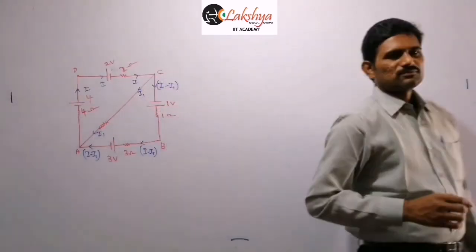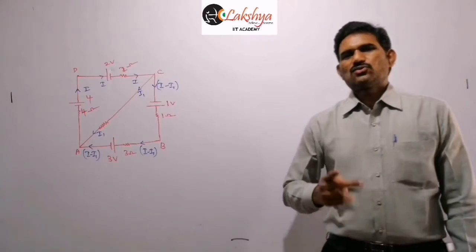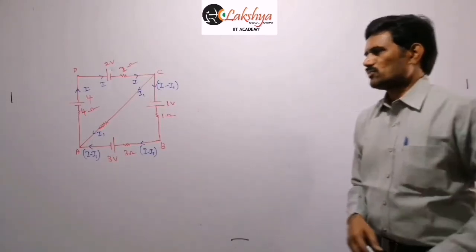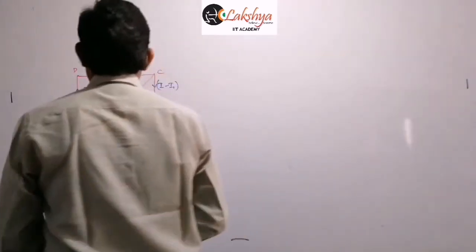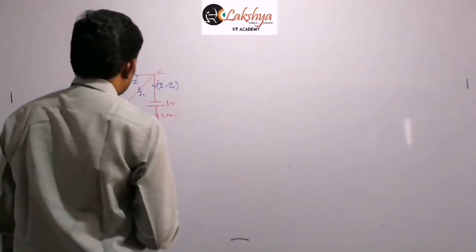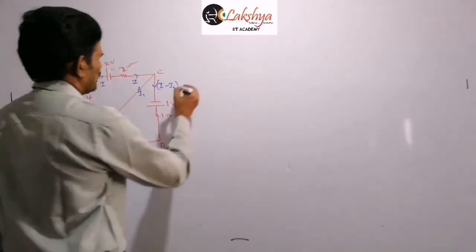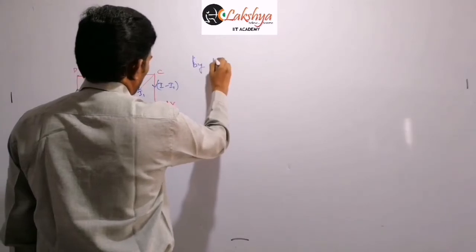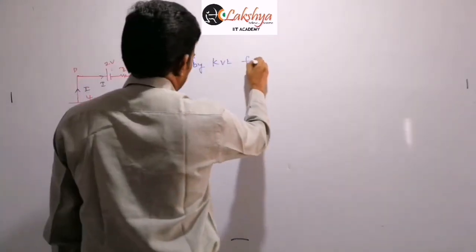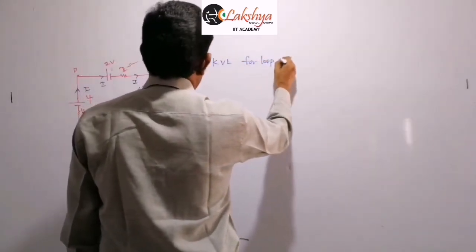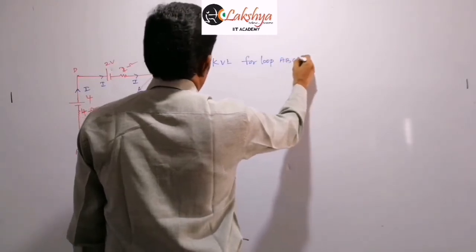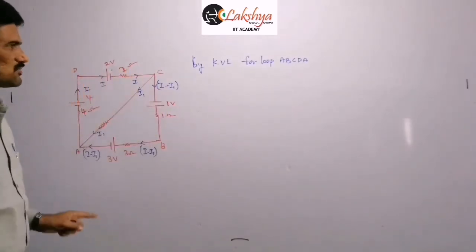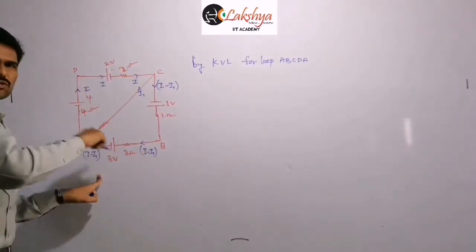Now two variables are there for us, so we need to apply the Kirchhoff law twice. That means we need to assume any two loops, and then we can apply the Kirchhoff law. So first let us write for this outer loop I am taking here. By KVL for loop ABCDE. For this outer loop, I am starting from here in the anti-clockwise direction now we are applying.